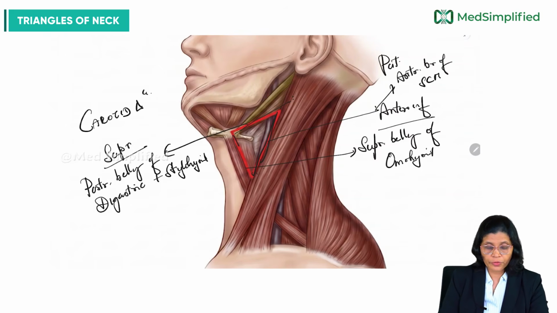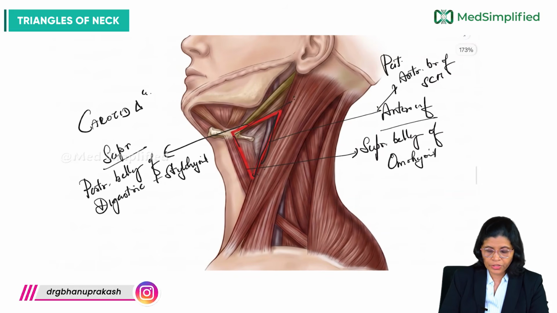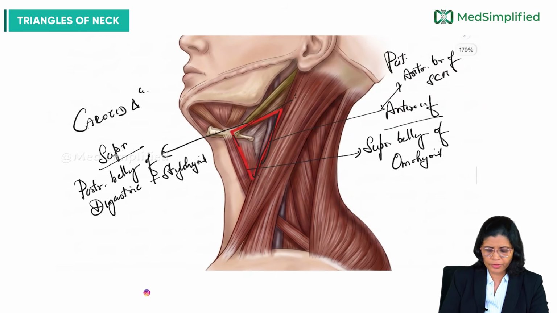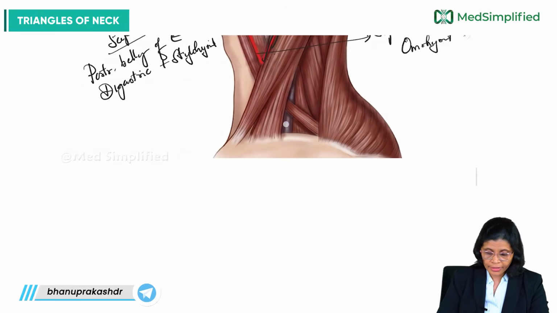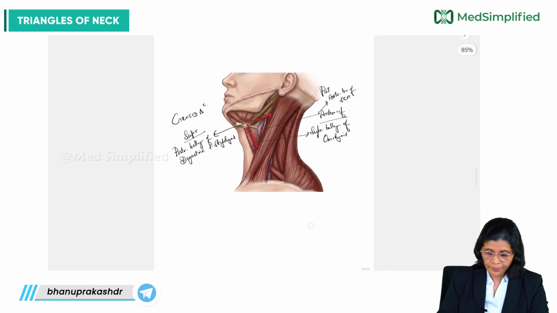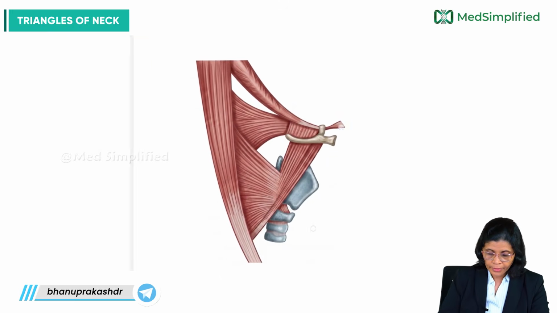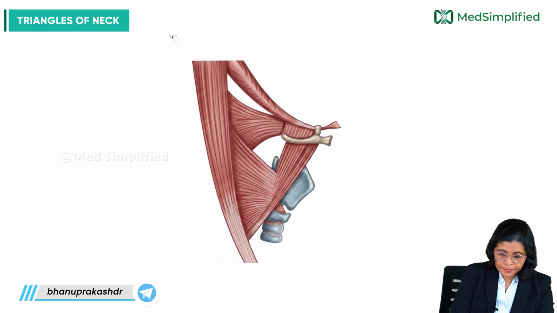And the roof is formed by the investing layer of the cervical fascia. The superficial fascia over that will contain the platysma muscle, the cervical branch of the facial nerve, as well as the transverse cervical nerve, which will be running across the sternocleidomastoid, and we see it coming to that region. The floor of the triangle is formed by the